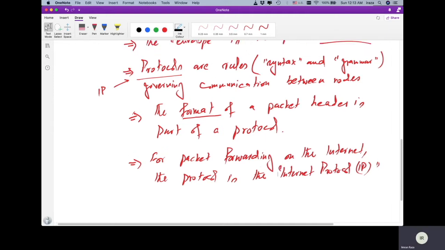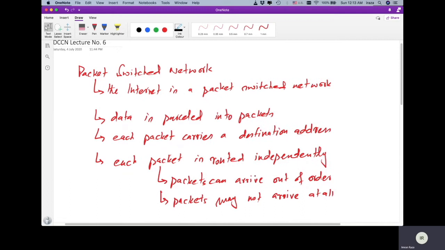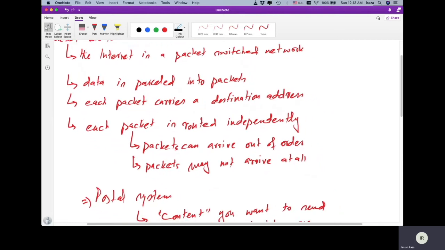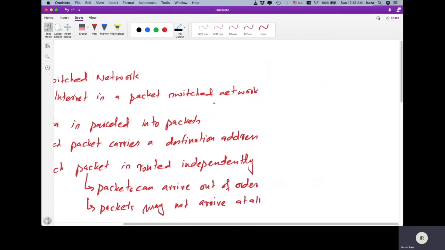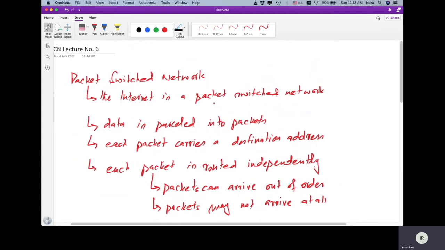Right. So this means that the internet is basically based on packet switch networks, where the data is packed into packets and then transmitted on the network, and the forwarding protocol is known as Internet Protocol, and we need to look at the Internet Protocol packet headers, the envelope, to examine what are the different fields and what's the purpose of the different fields of an IP datagram header. But before we talk about the IP datagram header, let's talk about the other alternatives, because